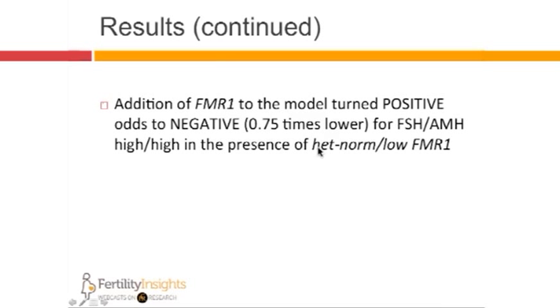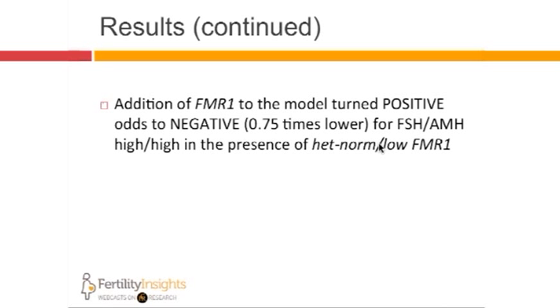I don't want to divert the subject too much towards the FMR1 gene, only so much. The FMR1 gene, we reported in quite a number of publications, seems to be quite intimately involved in how ovarian aging progresses. In other words, different genetic forms of this gene seem to be aging ovaries in a different way. And the worst genotype to have is this so-called heterozygous normal low genotype, which we have previously described